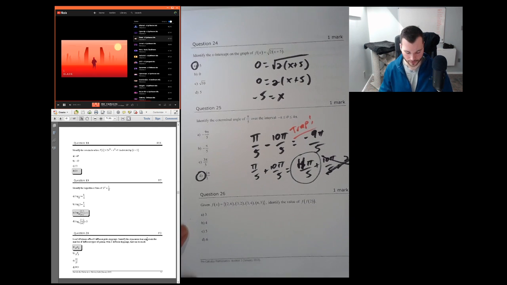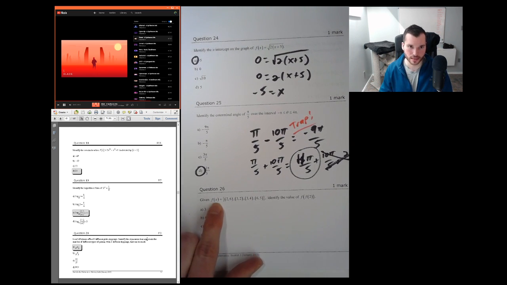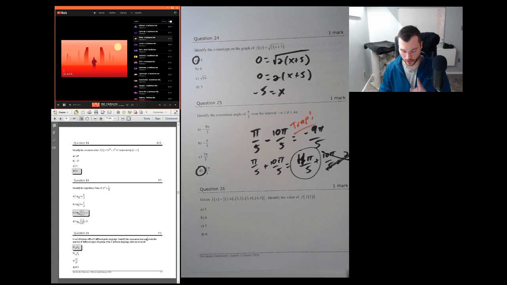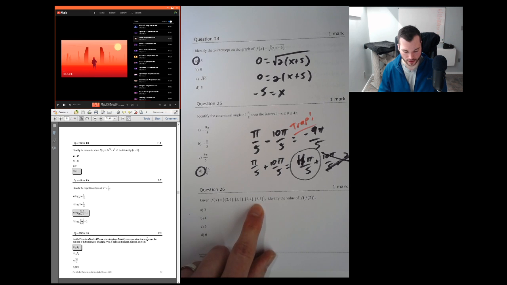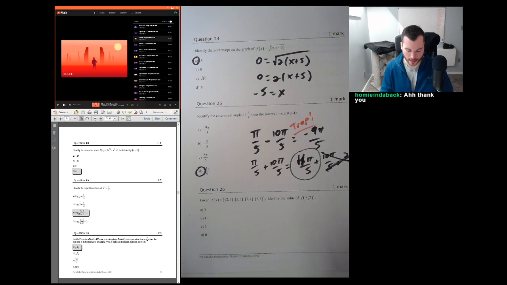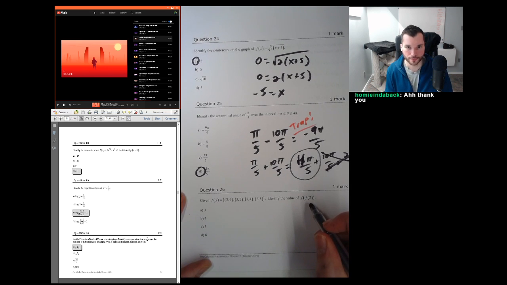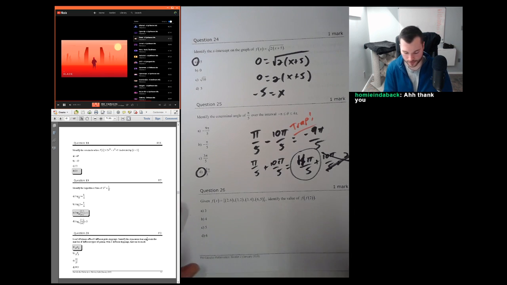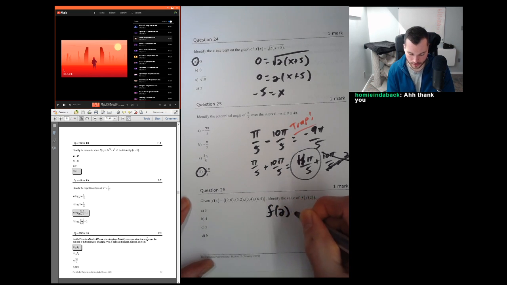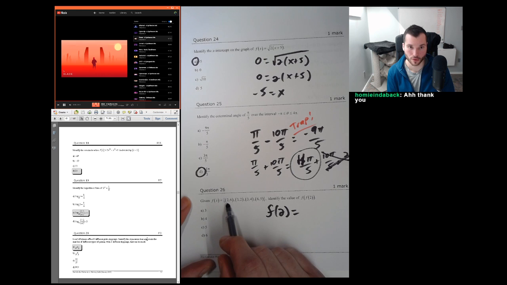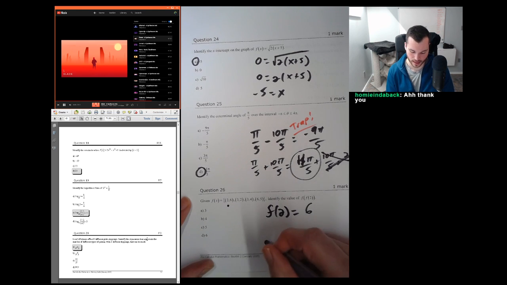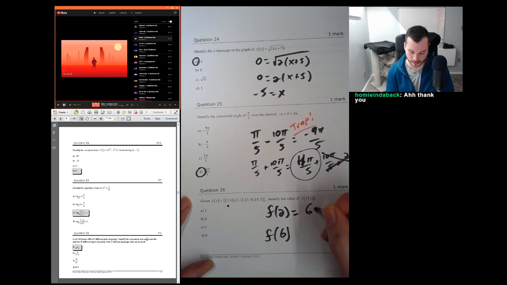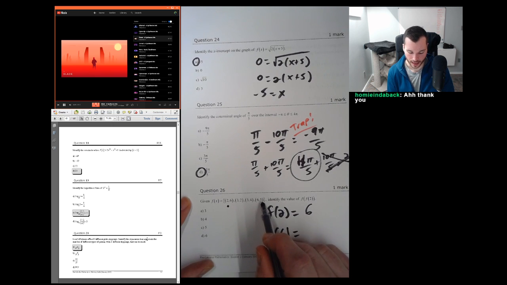This one was a good one too. f of x is equal to a discrete set of points. Discrete. You can see that by using the braces here, and each point is separated by a comma. Identify the value of f at 2, and then f at 2. So f at 2, we go to the x-coordinate of 2, and that equals 6. So then we take f at 6, remember, because this is on the inside, and then we say that's equal